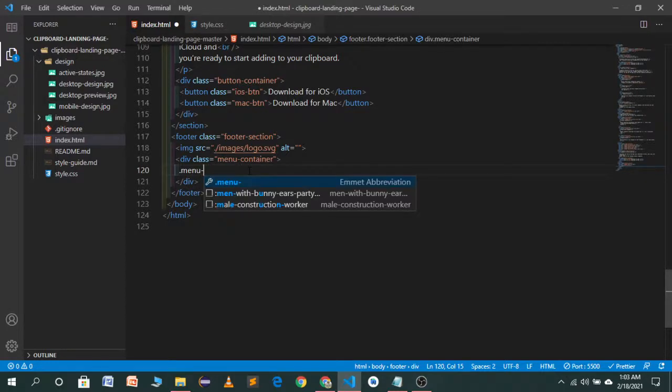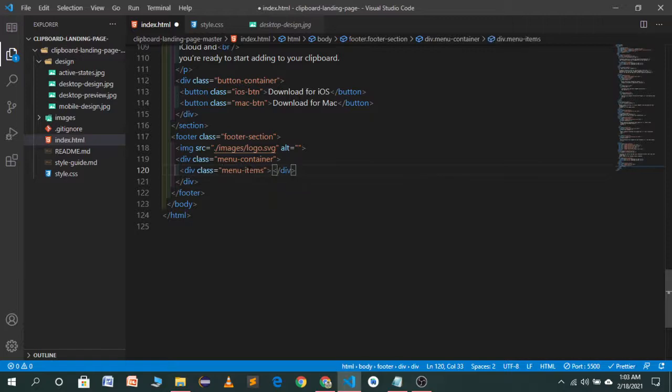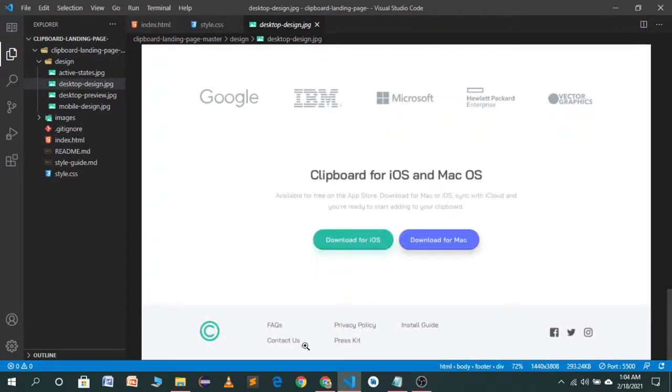Not equal sign, we want dash sign. Menu items, copy this one and paste it here. We want three parts, which are FAQs, privacy policy, and install guide.